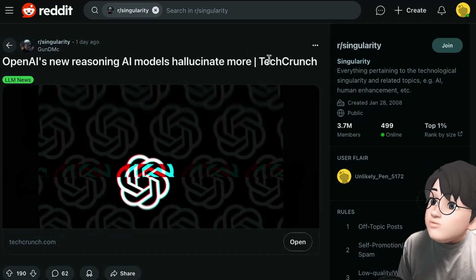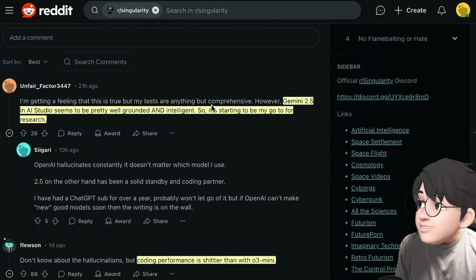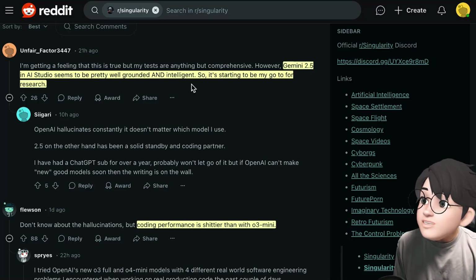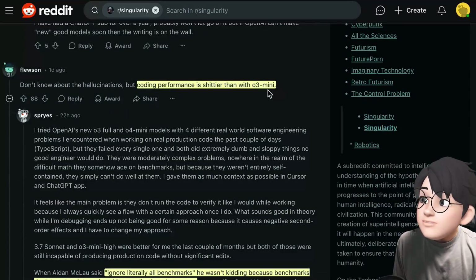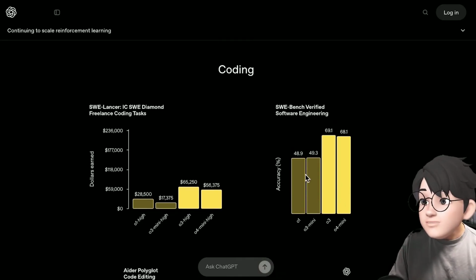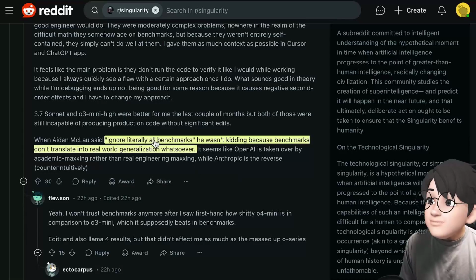So I delved deeper into this by browsing Reddit, where many people have shared their views. Some people believe Gemini 2.0 from AI Studio is highly adaptable, while others claim the new versions perform significantly worse in coding compared to the o4-mini. This is quite contradictory. It was said to have higher scores here. They claim it achieves much higher scores than the o4-mini, according to benchmarks. But despite that, in terms of actual usability, it is not very good. And this is the core issue.